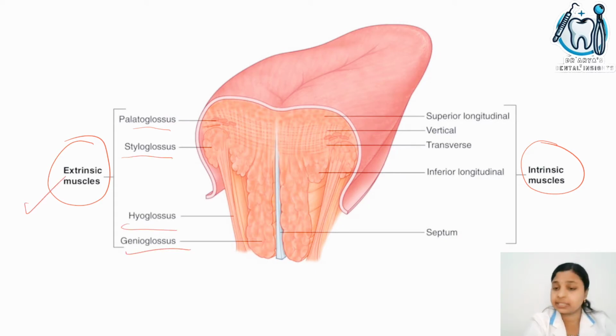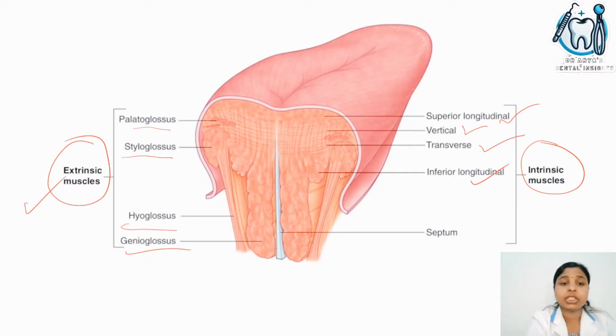These are the extrinsic muscles. And intrinsic muscles are superior longitudinal, vertical, transverse and inferior longitudinal. So intrinsic muscles are two longitudinal muscles, one vertical muscle and one transverse muscle. Extrinsic muscles are palatoglossus, styloglossus, hyoglossus and genioglossus. Okay, so